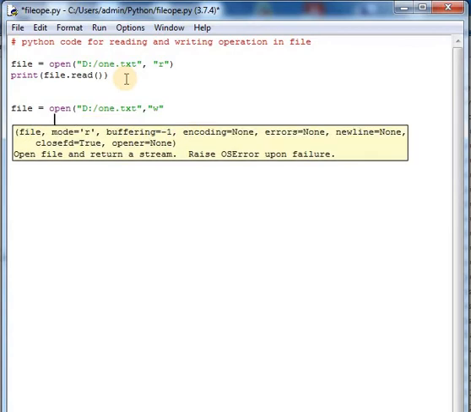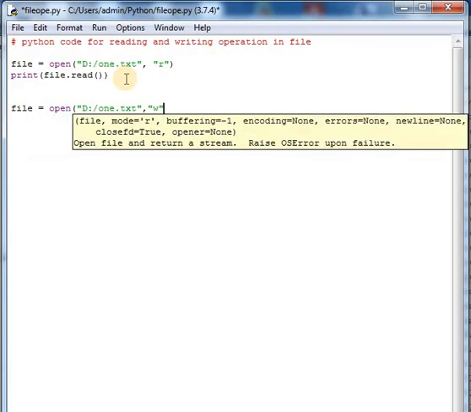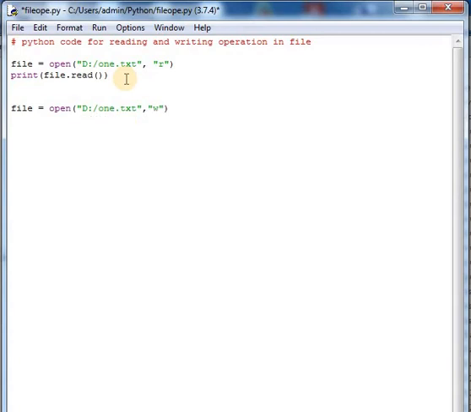Now in Python there is a write method through which whatever statement we want to write in the file, we can write. So now we will see how to do that. So what we have to write down?